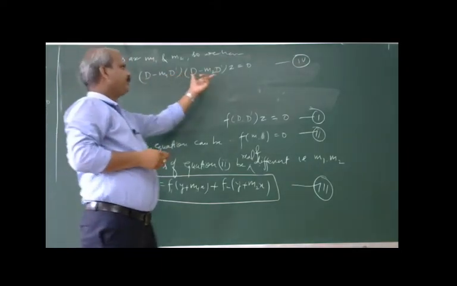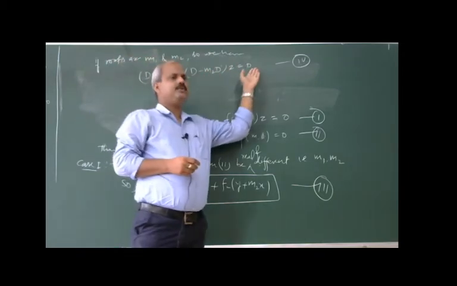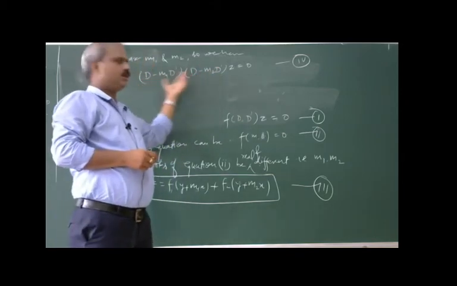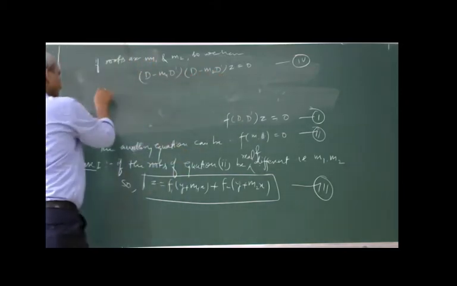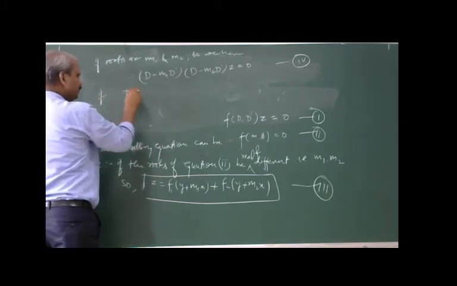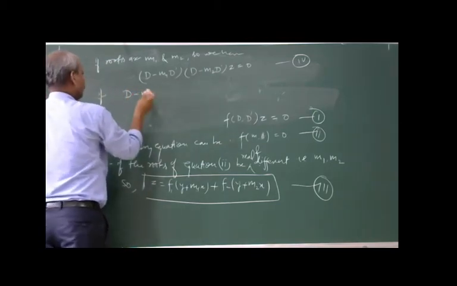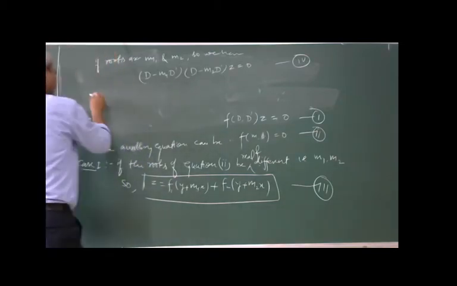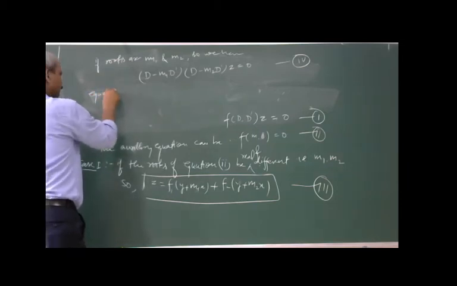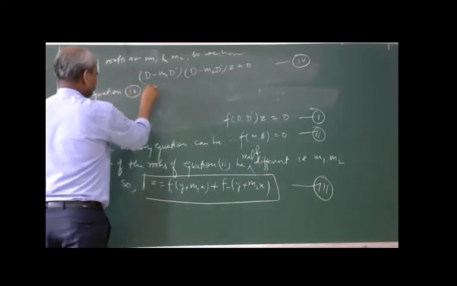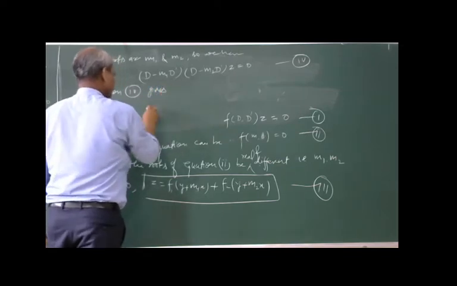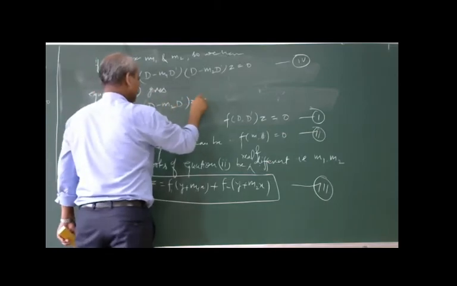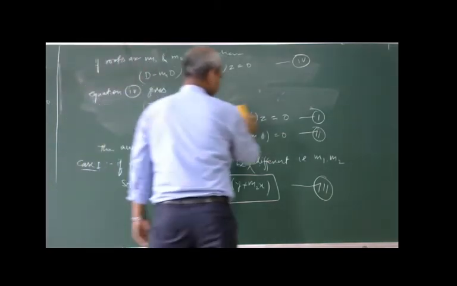Here the product of two functions be 0. So this shows that either this be 0 or this be 0. So if this becomes 0, if D minus, or you can write here, equation 4 gives D minus m2 D dash z equal to 0. So this gives